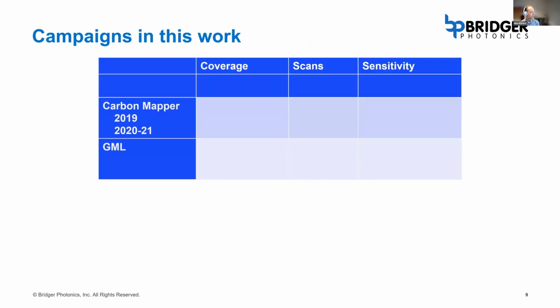So I'd like to compare the two campaigns according to these properties that I was just discussing. Coverage, scan, sensitivity. We'll be filling in this table. And you'll notice that I've divided out Carbon Mapper into two date ranges. This is because they performed two campaigns, one of them larger in 2019, and a second, smaller set of campaigns in 2020 to